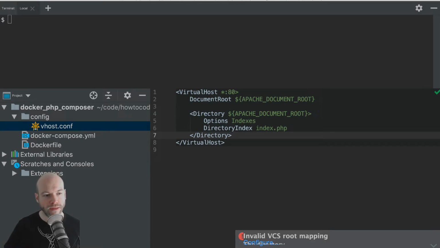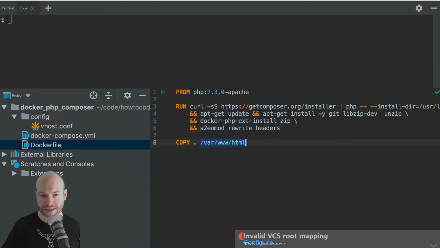Otherwise, I find that if you start adding too many complex things into the virtual hosts, into the config, into the Docker files, without actually running these things and seeing if they work, then you won't actually know where the issues lie. So let me just double check a couple more things before we start playing.